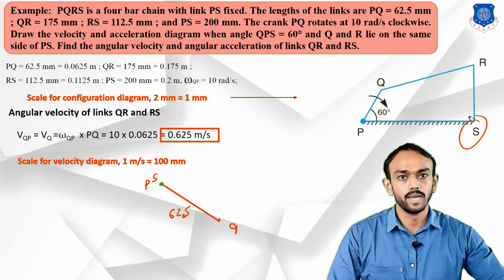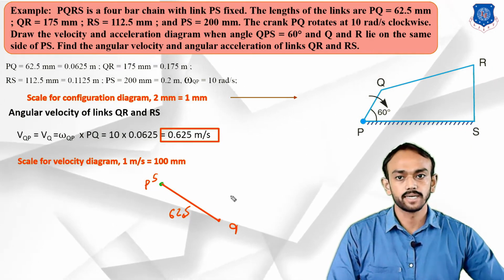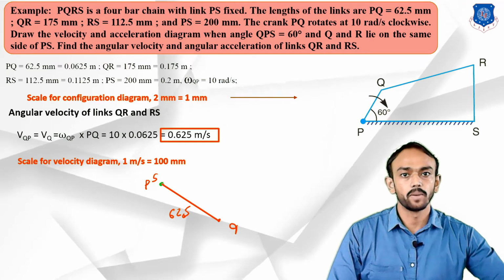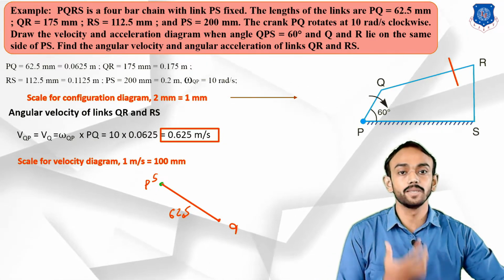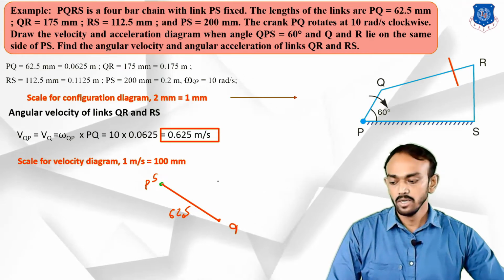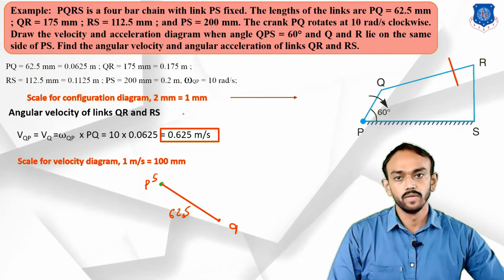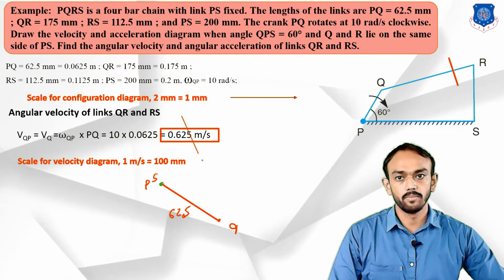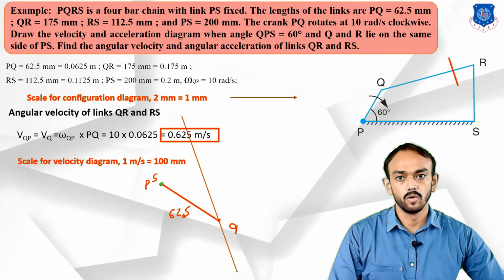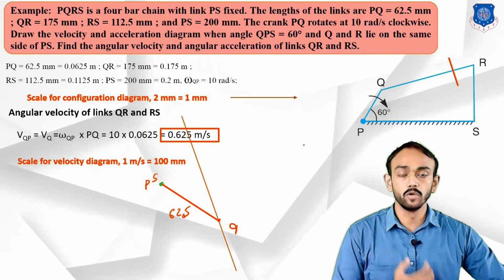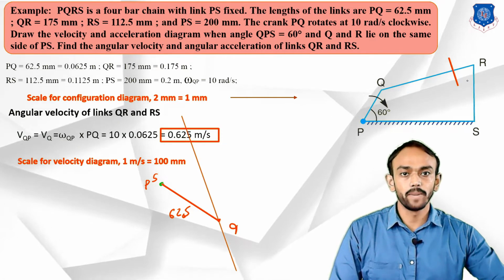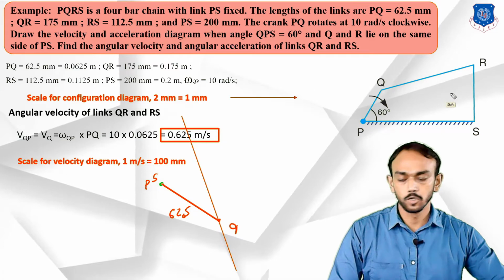Okay, so let's take the first vector here, which will be perpendicular to QR, but we don't know the magnitude. So what we will do, we will draw the line with an extra length like this. We don't know the length because the magnitude is unknown, we know only the direction. Now perpendicular to